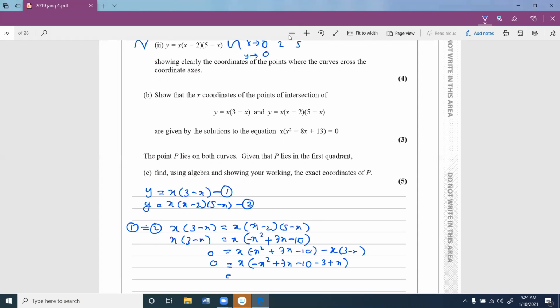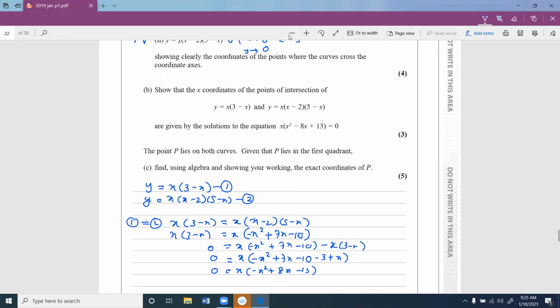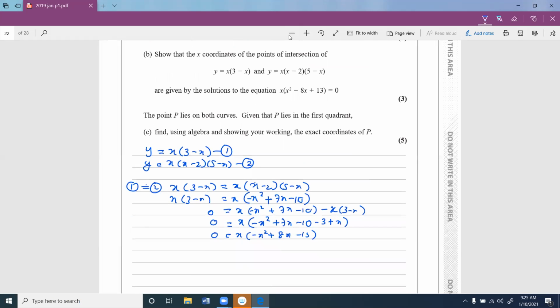So it turns up to x times minus x squared plus 8x minus 13. But here the solution turns up to minus 8 and plus 13. That means you have to take all the terms to the other side. Then you can see, move this minus, and it turns up to x squared minus 8x plus 13. That means, instead of bringing this term to this side, bring this term to this side. Then you get this answer. Okay. Then we need to find